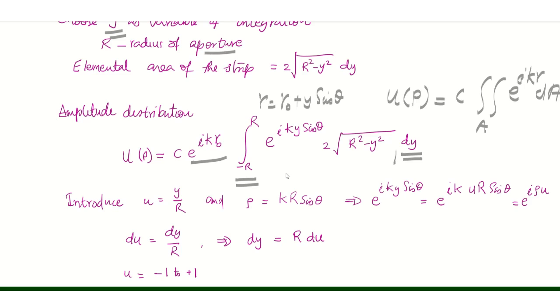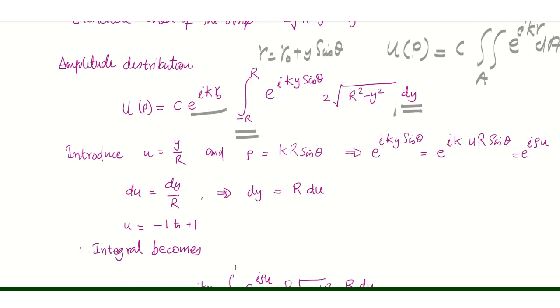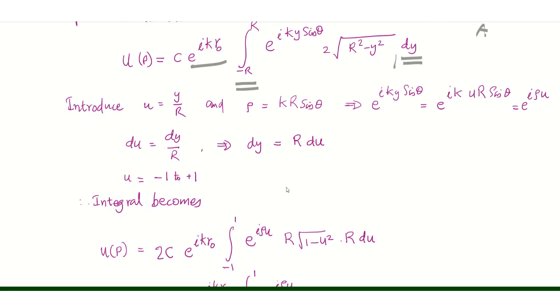For ease of handling the problem, you define two variables, u and rho. u is y by r, rho is kr sine theta, and therefore e to the power i k y sine theta here will become e to the power i k u r sine theta, and that means e to the power i rho u, and therefore you can substitute e to the power i rho u for this here, and